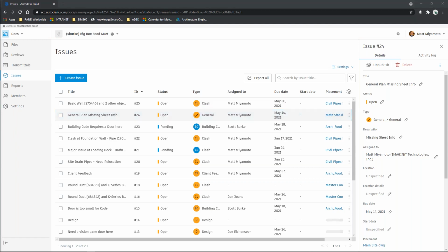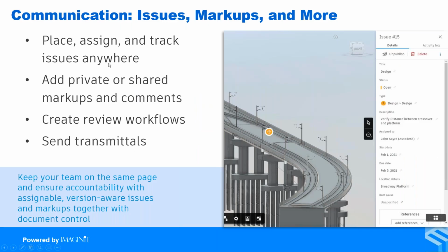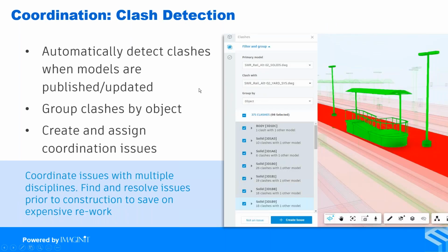Now, when we look at clash detection in Civil 3D and Revit within the realm of Autodesk Docs, we are trying to find out information for multiple model data. And by publishing out a pipes specific drawing file that was relevant for the location of our Revit drawing file, the clash detection feature automatically ran within our clashes folder, and it was able to detect that location where the conflict was. Now, once that conflict was identified, that's where Scott went ahead and created that issue